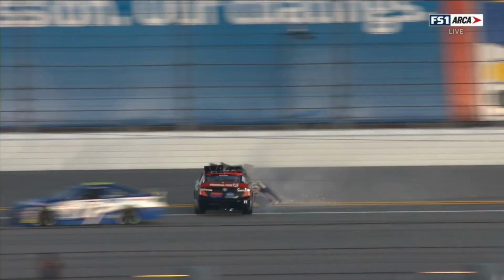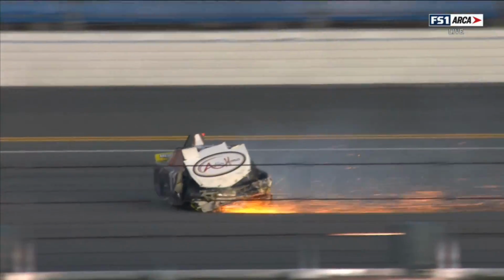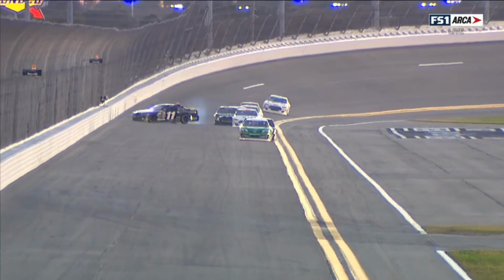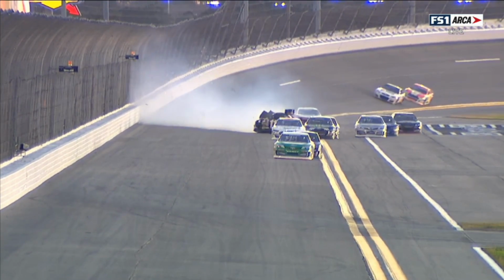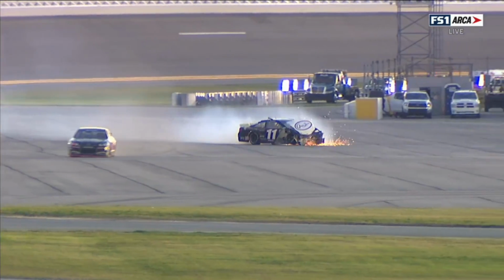the outside wall. It's one of Andy Hillenberg's cars, former champion of the sport that now fields many, many cars. Driver development program there. There's going to be another view. You see that initial bump moved him to the inside, and then when he tried to correct it, that put Haley on his right rear side of his bumper,